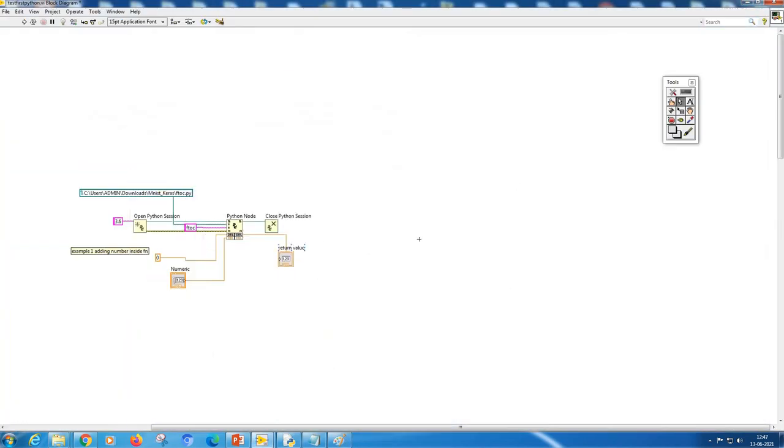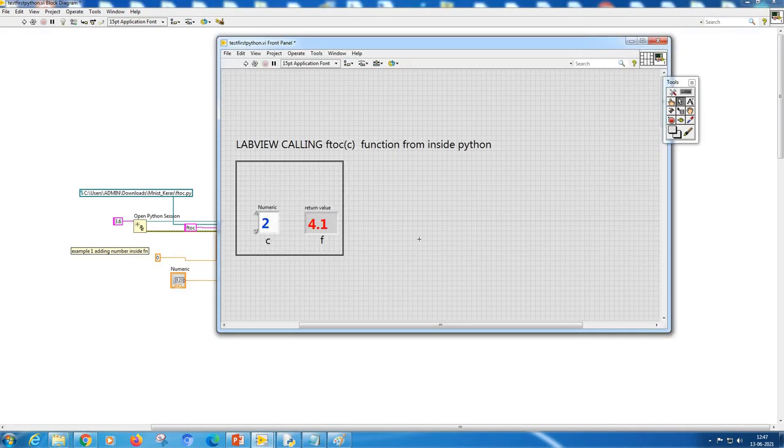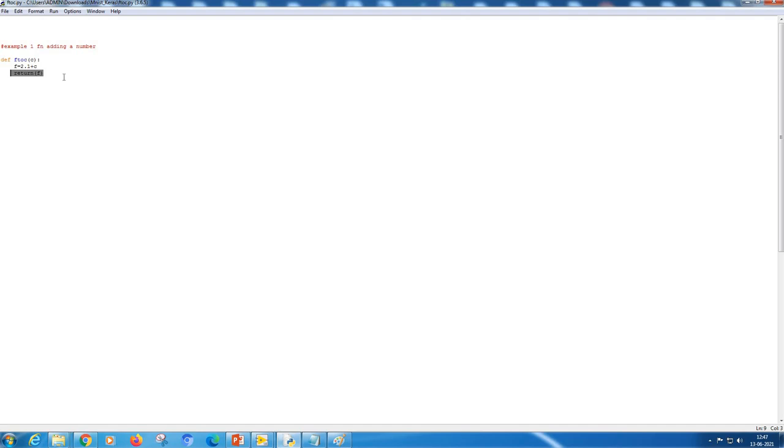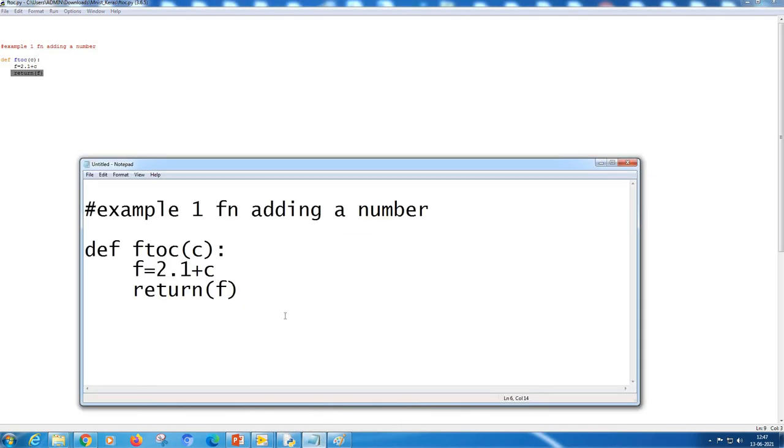Now to execute this program, you just put a number which you are interested in, let's say 3. So what this program will do, it will come here, and the same thing I have drawn in a bigger way in a notepad. If I pass 3, plus 2.1, 5.1 will be returned.